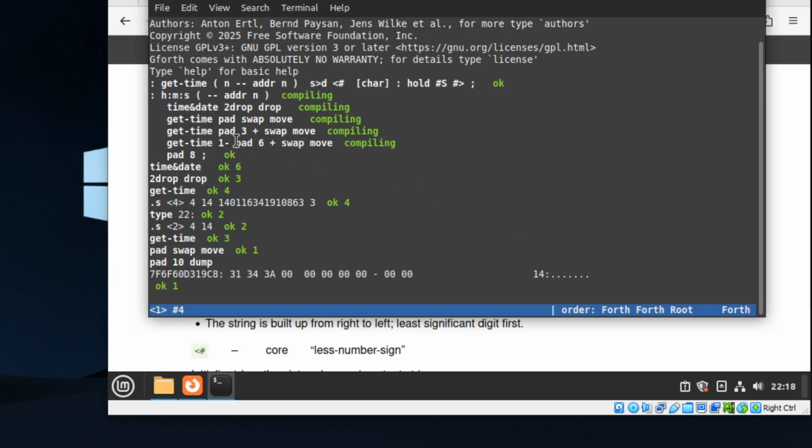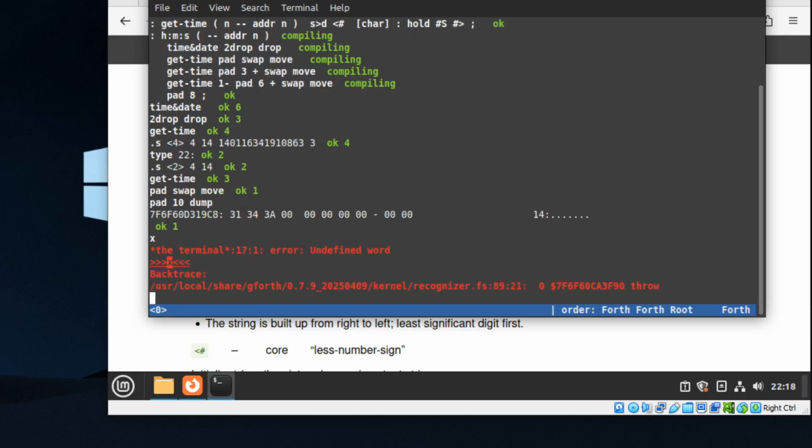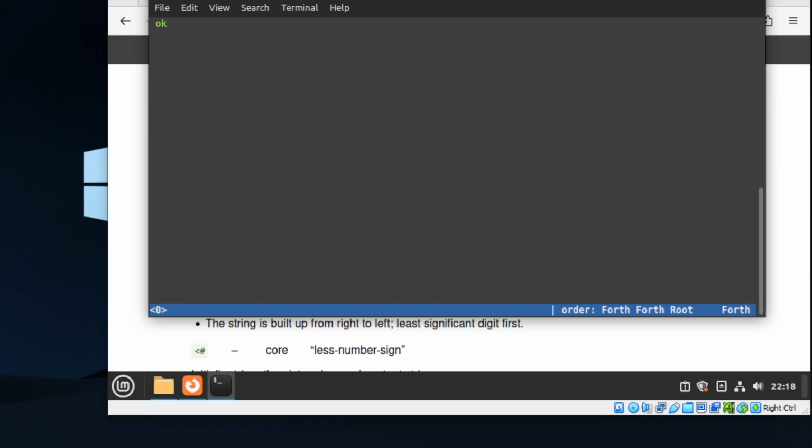So that's all I'm doing with this, is I'm just grabbing 3 numbers off the data stack. I'm converting it into strings and moving it here into our scratch pad of memory. And then at the end, I'm leaving myself with 8 bytes, and that's what I'm going to send to my text file. So let me erase all this. If you want to erase it, just type in page. And what I'll do is we will open the file again and see how it works. So I'll type that in,